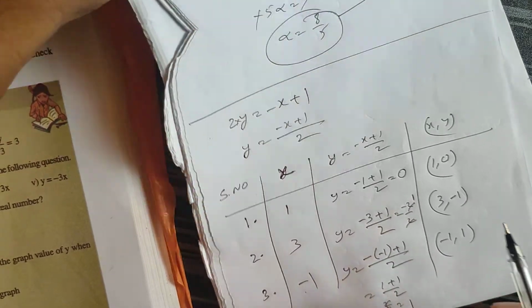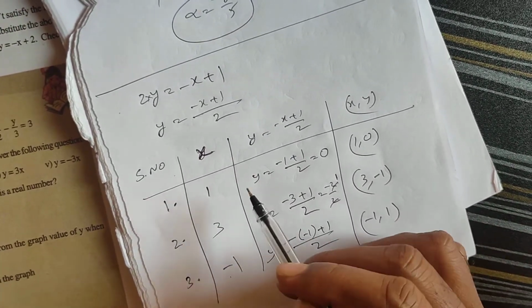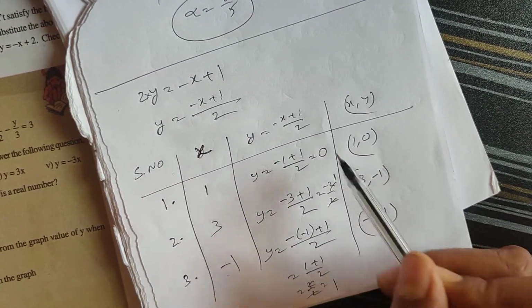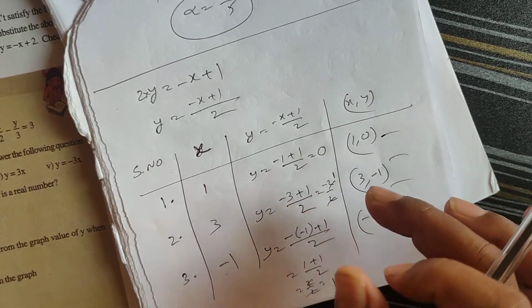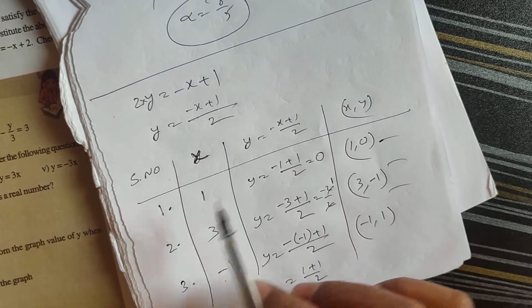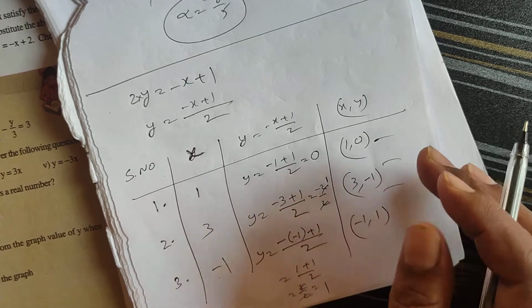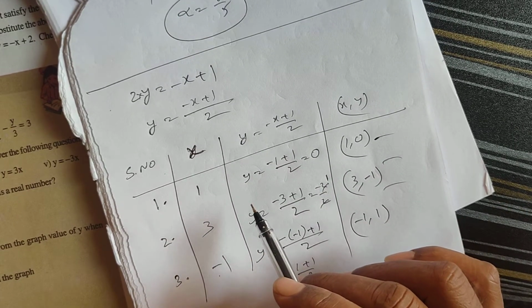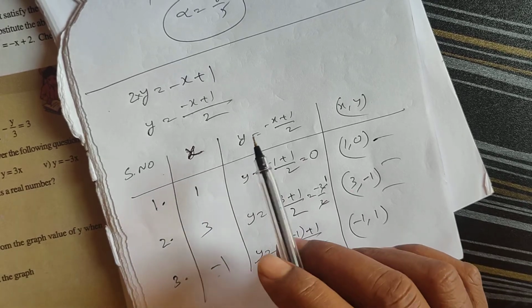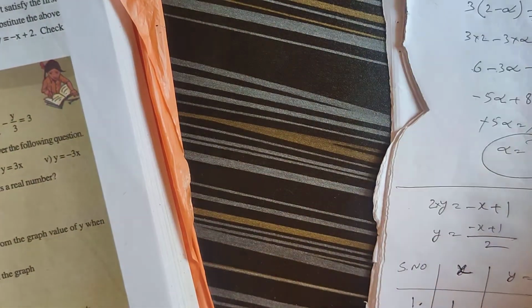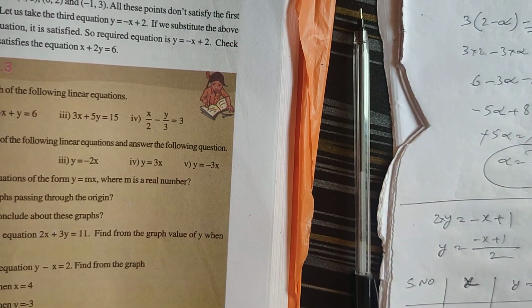Okay, so like this, you write a table for this type. If it is a 4 marks question and you write the table perfectly, you will get 2 marks. These ordered pairs you have to locate in the graph, with scale, x-axis, y-axis and everything. If you do that, you will get 2 more marks. So it is a 4 marks question. Don't learn this only for 9th class; the same problems will be there in 10th class. Okay, next. The remaining you do it. We'll see later.